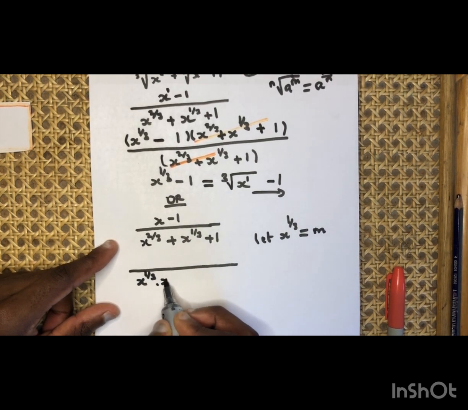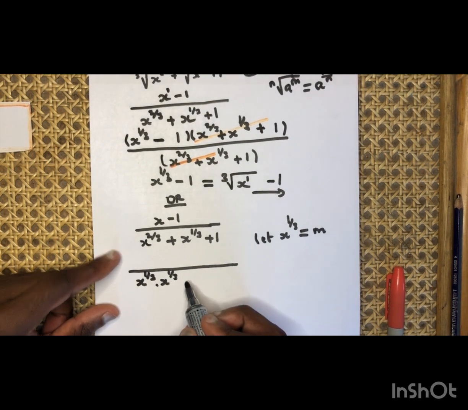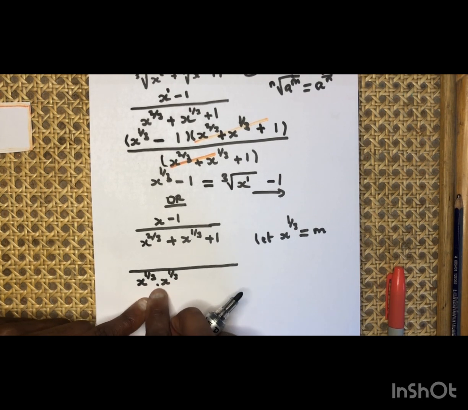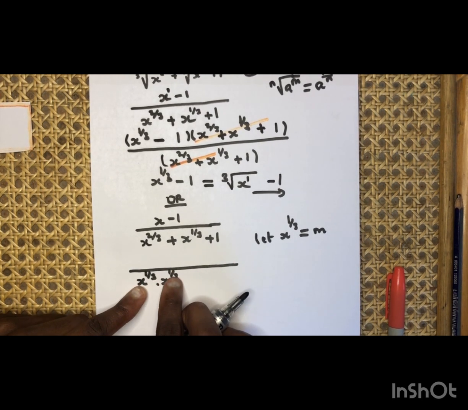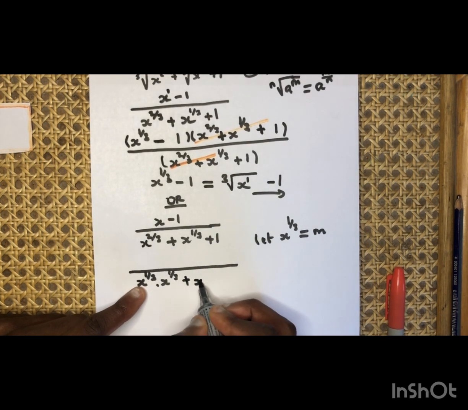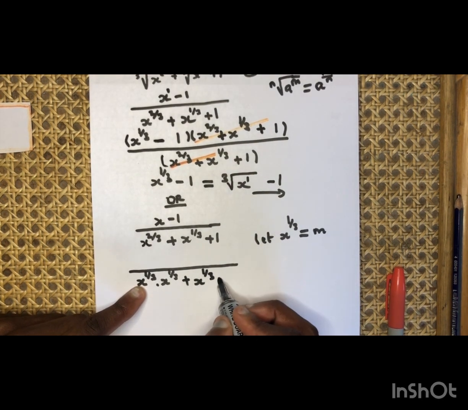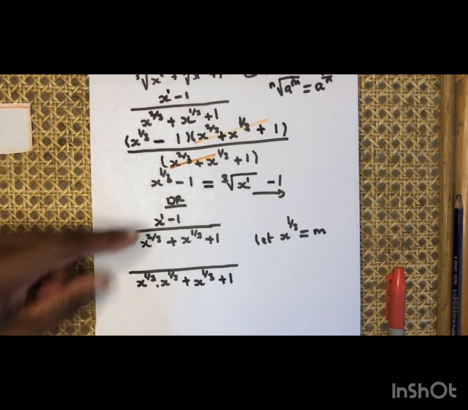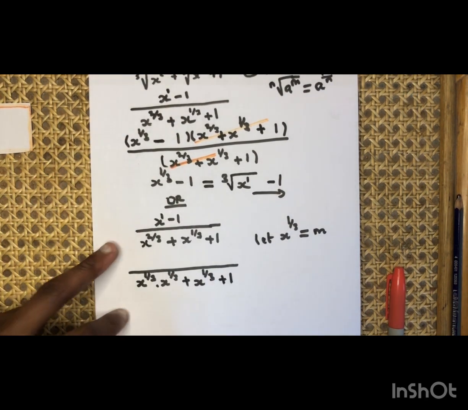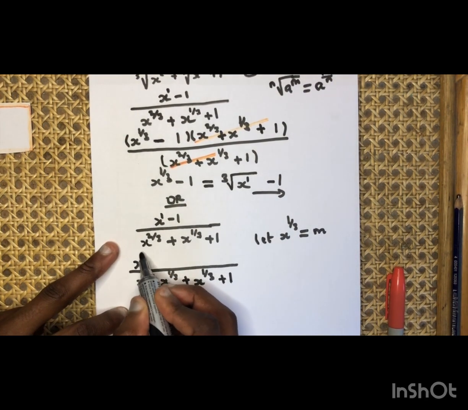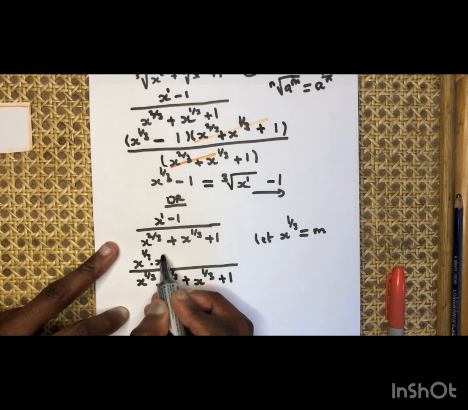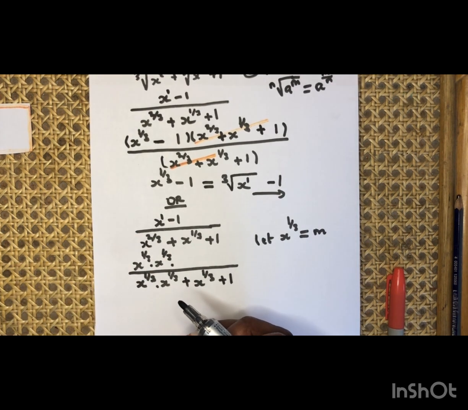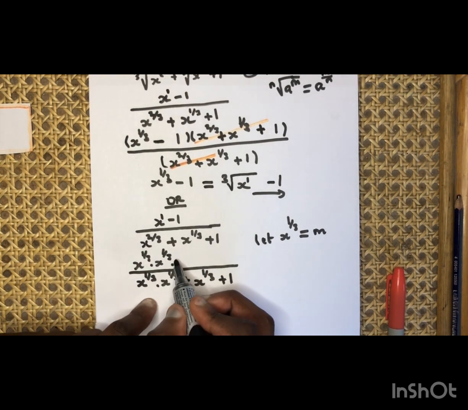This is x^(1/3) times x^(1/3). Hope you can see this. Now the bases are the same, so if you take one base and add the exponents, 1/3 plus 1/3 is 2/3, plus x^(1/3) plus 1. There's something special, guys, about 1, because here I need to make everything the same. So I will break 1 here and say this is x^(1/3) times x^(1/3), because 1/3 will give me 2/3 if I add these numbers. So I need 1 more,